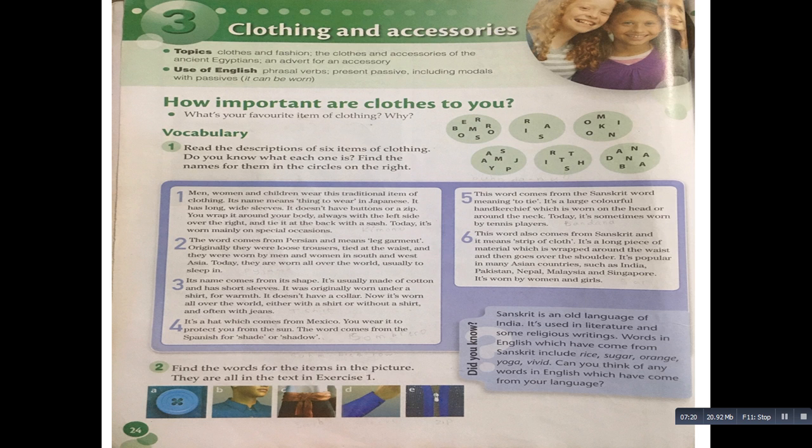They are all in the text in exercise 1. So kids, you get 5 pictures here, and they are named as A, B, C, D, and E. So most of these, if you say accessories, it's correct. So you get 5 accessories here. So most of these accessories are well known, but I'll tell you like this. It's better if you can go to the paragraphs given here and find all the names for these 5 pictures,